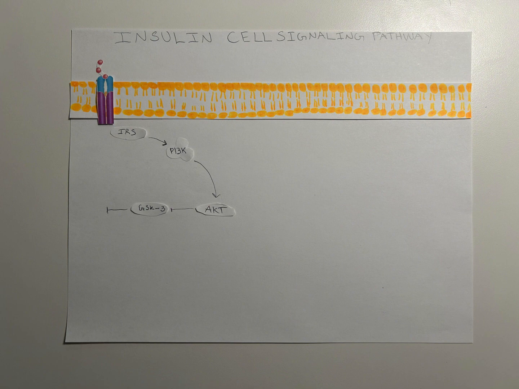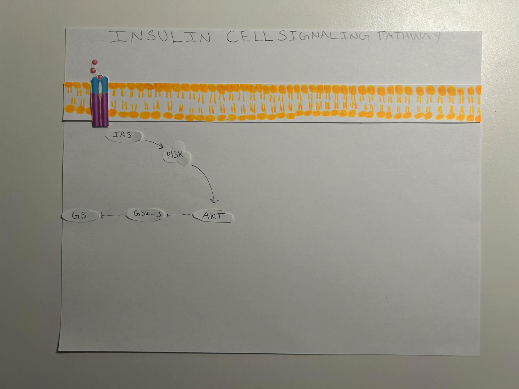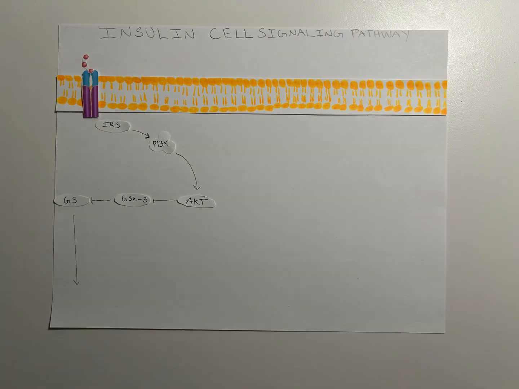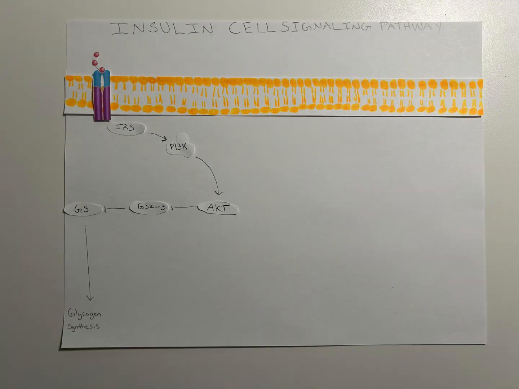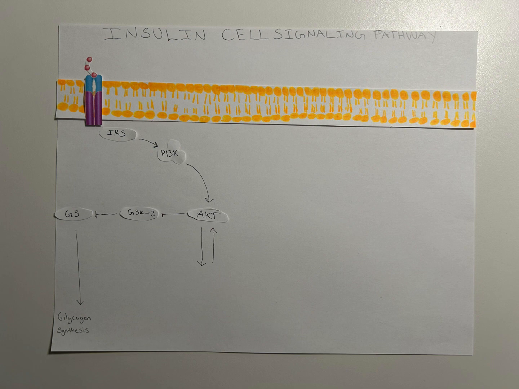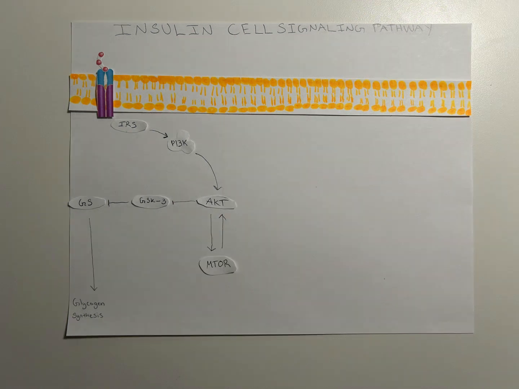key enzyme involved in the signaling pathway that goes beyond glycogen synthase and includes the regulation of gene expression and cell progression. Then, coming from the glycogen synthase, which then is the glycogen synthesis, and that is an enzyme involved in the synthesis of glycogen, the storage form of glucose, which all then goes from the AKT